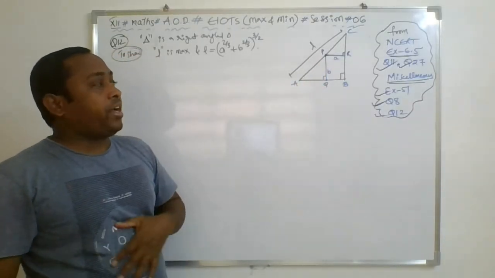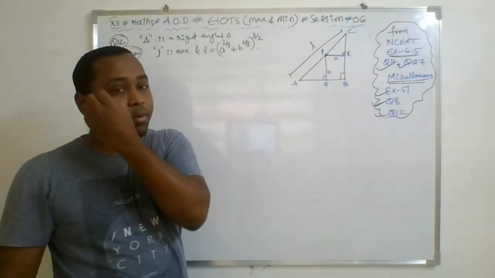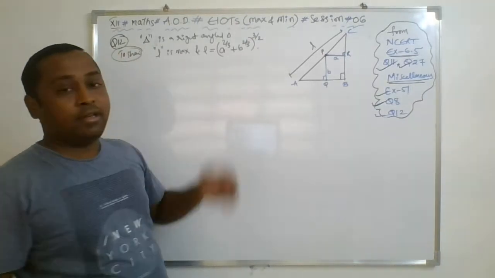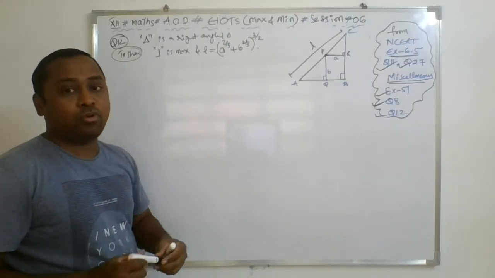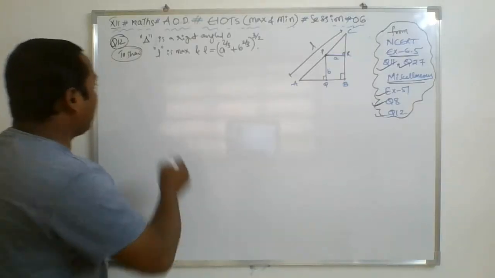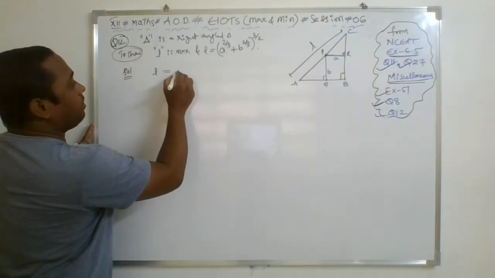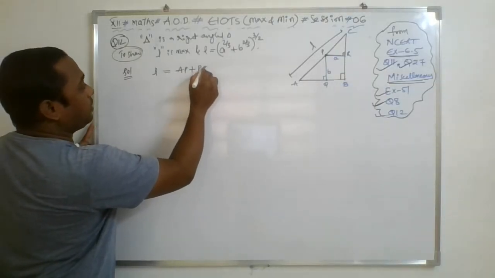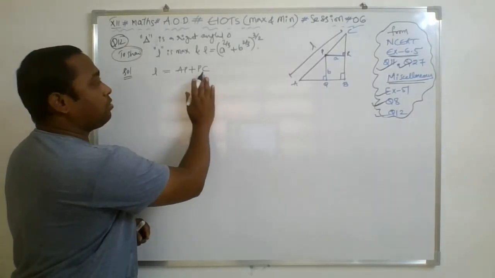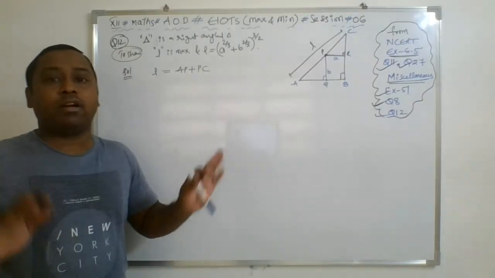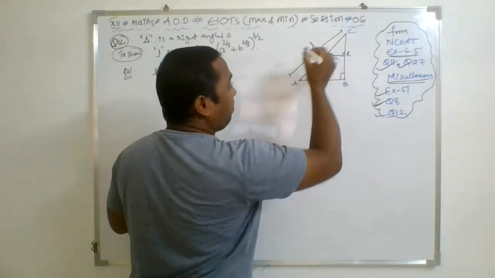Now how do we start? First, the length of the hypotenuse has to be maximum, that is clearly mentioned. So the length function has to be maximized, and the length function is required first. Length L is given by AP plus PC. So this has to be maximum. So I require the length of AP and the length of PC, then only I can go for the derivative and all the process. So how can I get the length of AP and length of PC?